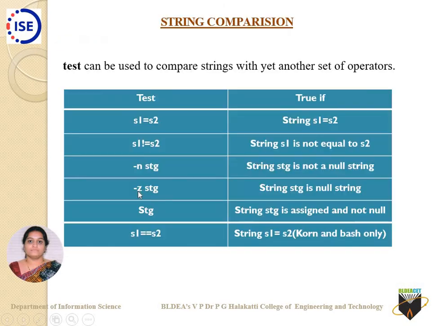Similarly, take this as an assignment, a shell script to be written. Write a shell script to read two strings and find whether those strings are null strings or not. If it's a null string, print an appropriate message. If not, check whether both strings are equal to one another. If equal, print an appropriate message. Got to know what you have to do?